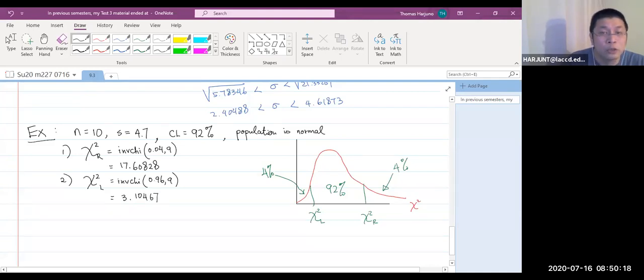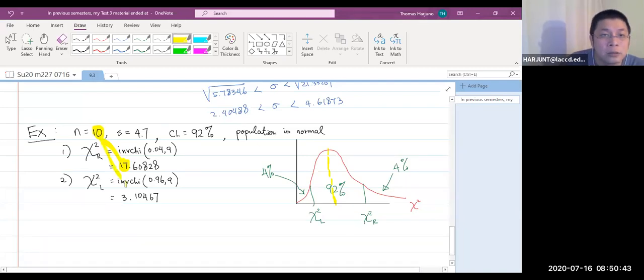3.1047. Now you will see chi-square right has to be more than the sample size. This number here, chi-square right, has to be greater than sample size. Remember I said that the peak is either degree of freedom or the sample size, I don't remember precisely. Okay, now chi-square right should be more than that, and chi-square left must be less than that.